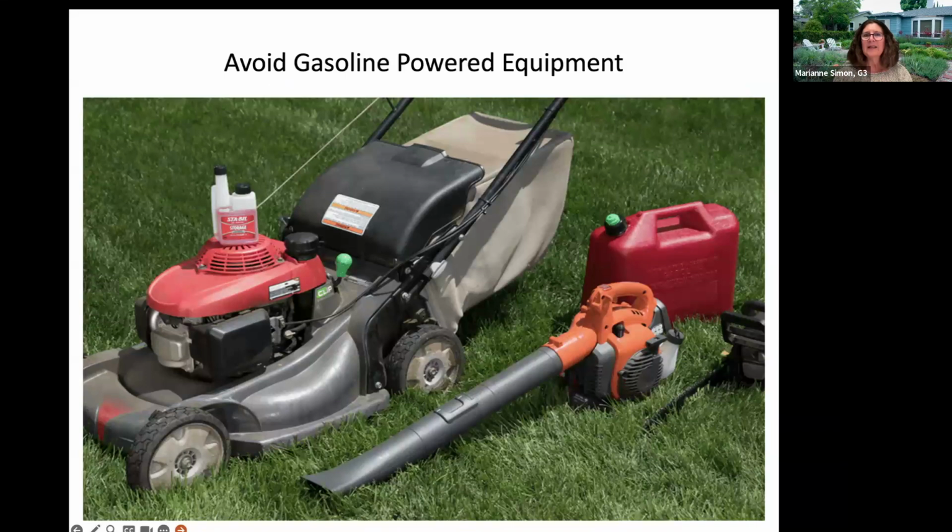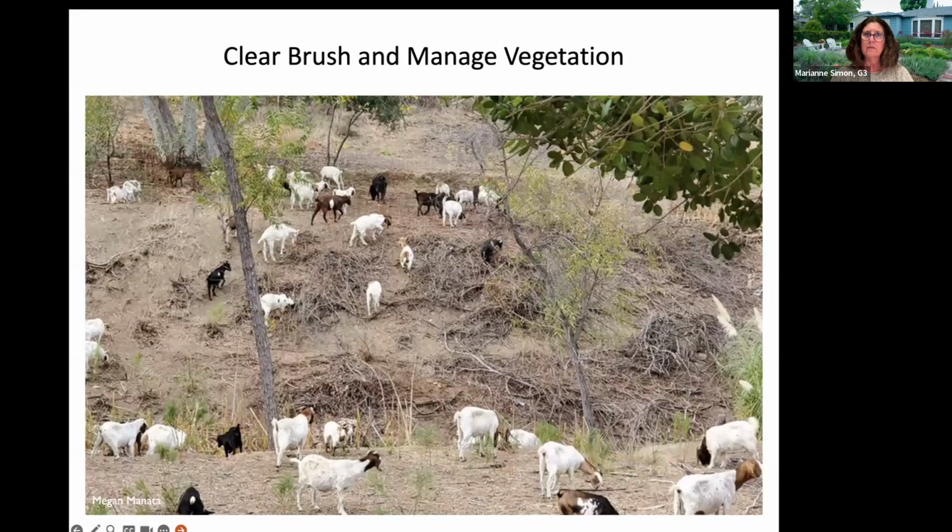And then if you are mowing, and again, it's not just in the mountains, it can certainly be anywhere. We are vulnerable everywhere now with these fires. Make sure that the equipment that you're using doesn't require gasoline, or if it is, that you're not storing it in the garage that is part of your home, that perhaps it's in a shed much further away. There's that picture that we continue to manage the vegetation. You can do it with a weed whacker or a lawnmower, or this is a really fun, interesting way to have that done.